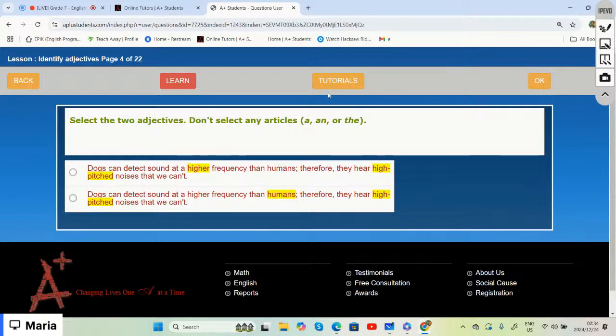Is it higher or higher pitched? Humans or higher pitched? And if we were to choose the two adjectives that describe or modify a noun,